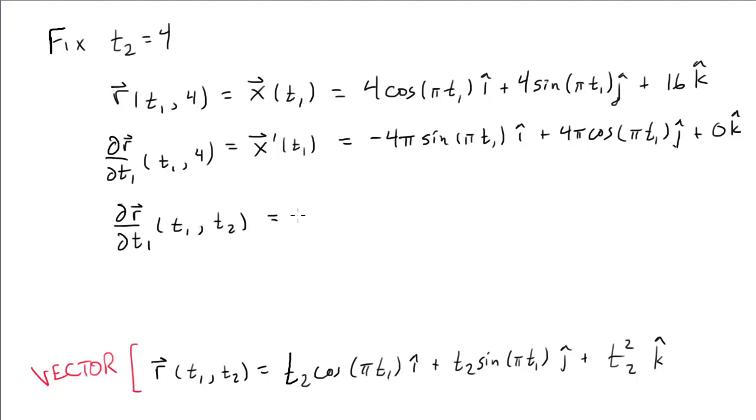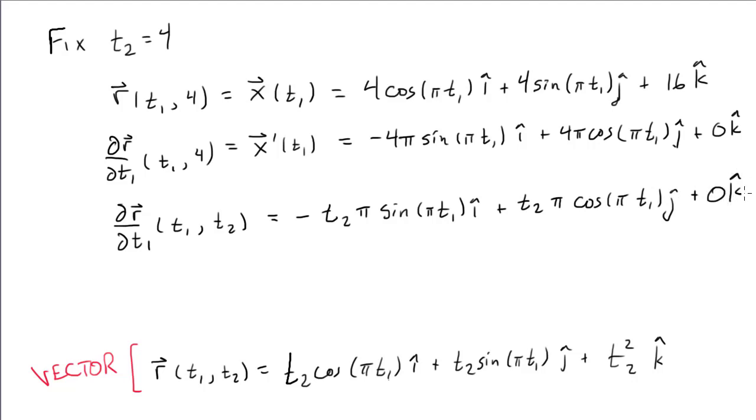This is partial derivatives. I'm taking a derivative with respect to the T1 variable while treating T2 as I would a constant. That's the definition of a partial derivative. What's good for T1 is good for T2. I'm going to take a T2 derivative treating T1 as a constant, say